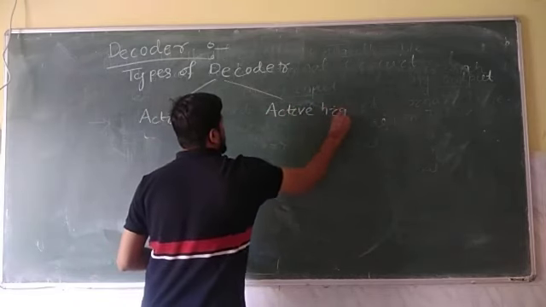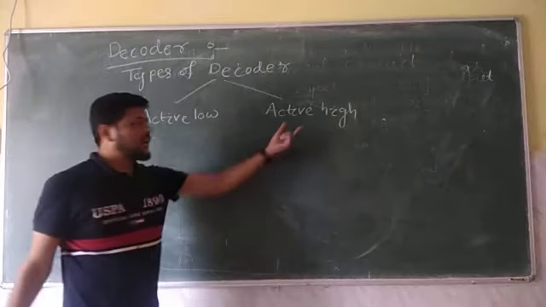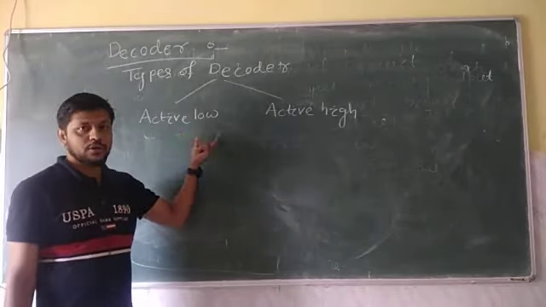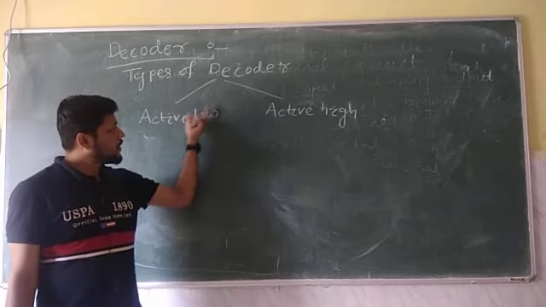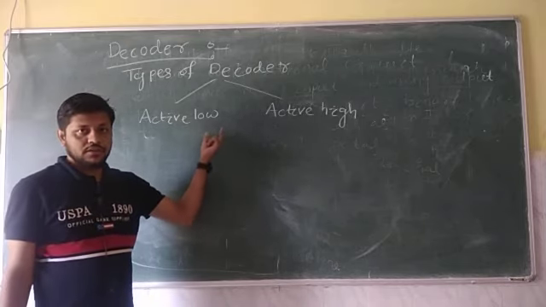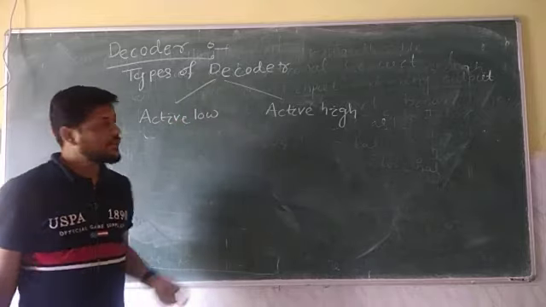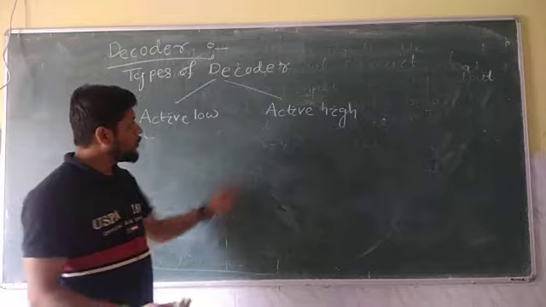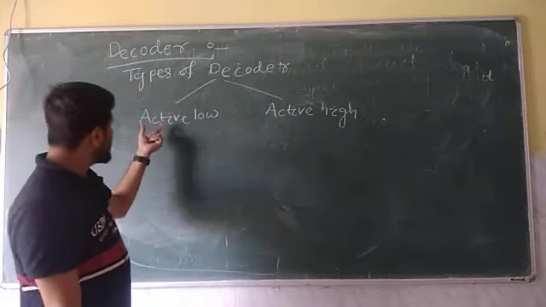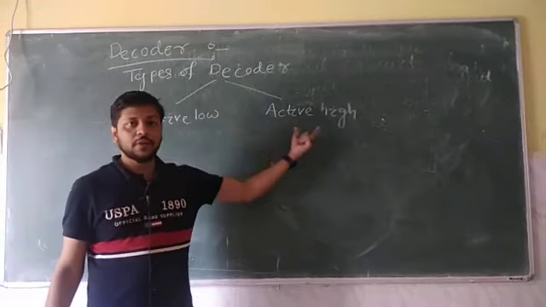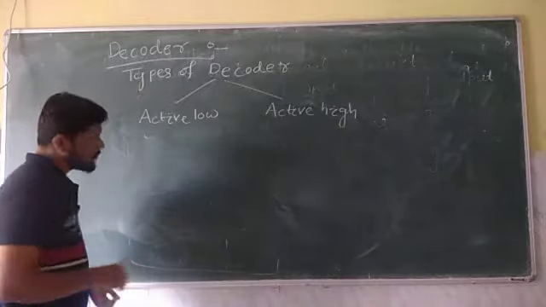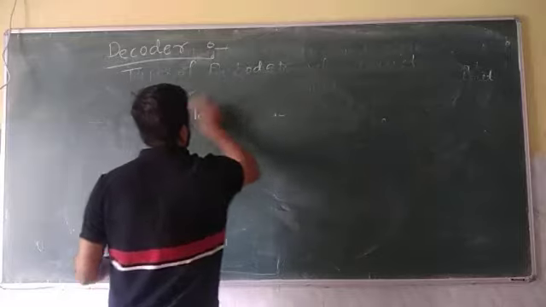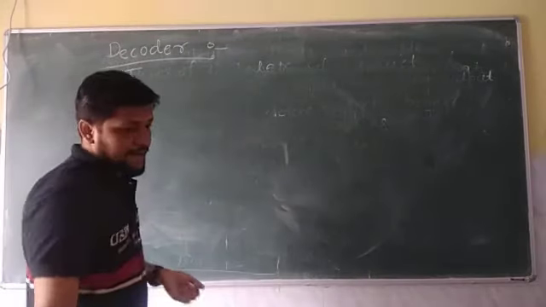I am going to design the decoder by using active high. Active low you can study; this is your homework, the active low decoder. From the book we can see many logic decoders are designed using active low circuits. In your examination they might ask you to design a 2:4 decoder using active high logic or active low logic. I am going to solve the active high logic for you. Active high decoder.